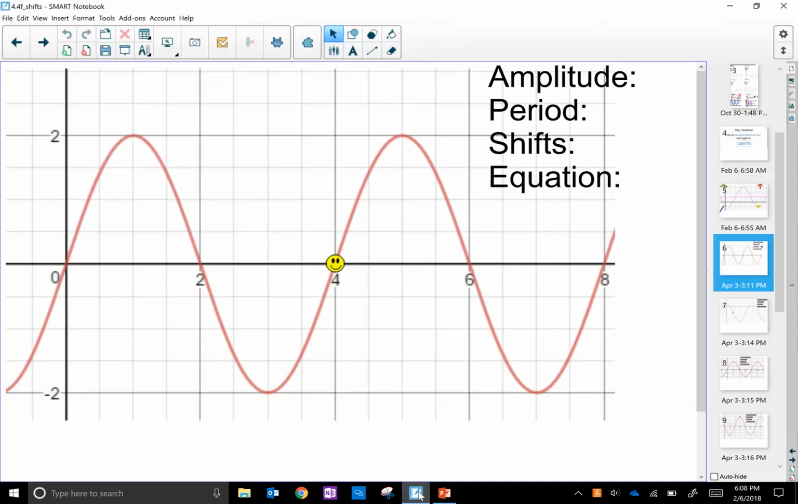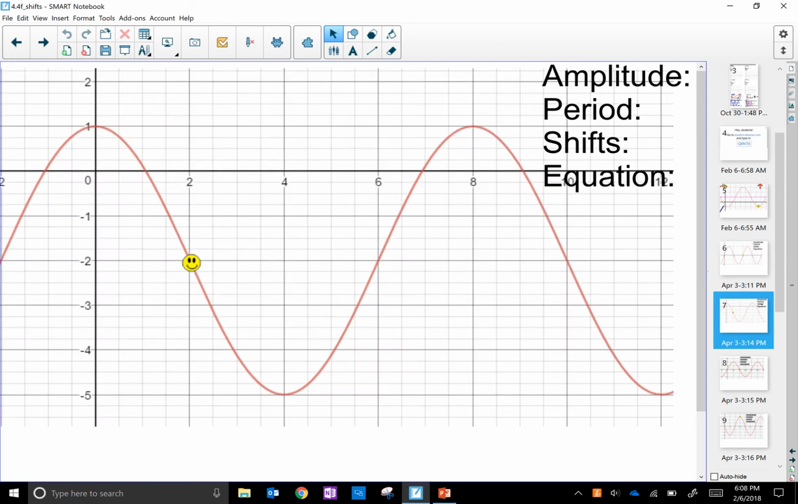Okay, I'm going to do a few here from the homework. See, this is the first one on the homework that only has a horizontal shift. I'll do this one. It has a vertical and a horizontal shift. So we start by